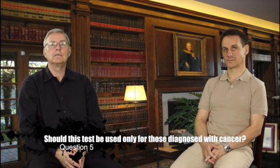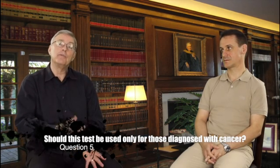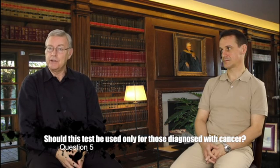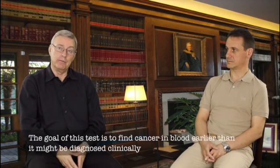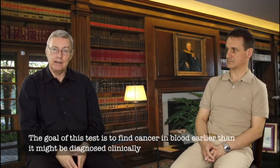Should this test be used only for those who have already been diagnosed with cancer? Actually, no. And the clinical perspective of that, working daily with cancer patients and family members and patients who have a high risk of cancer and families, we have found it to be one of the better tests to find cancer stem cells or tumor cells in the bloodstream way before probably even being able to be detected by CT